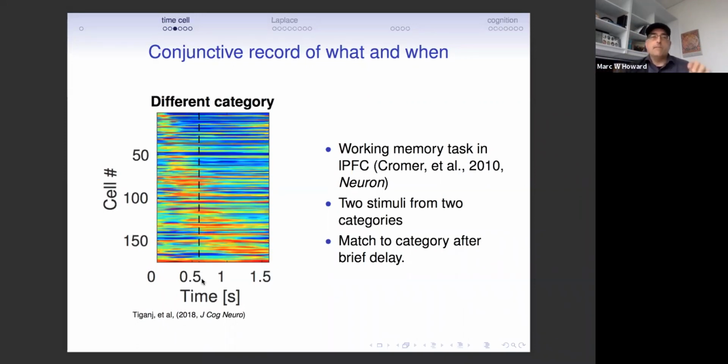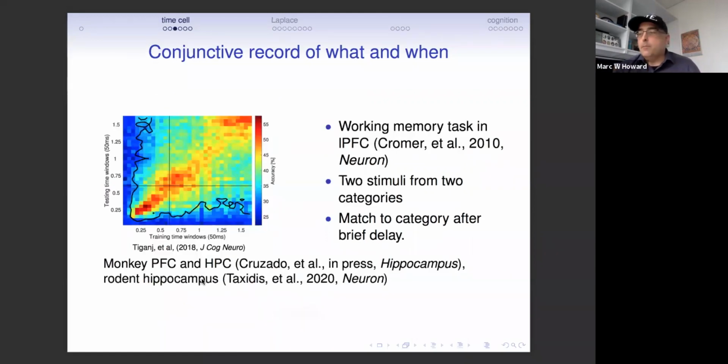So we can see that cells respond best to one particular type of stimulus, and their firing gives us information about identity within the category as well as across the different categories, such that we can look at firing during the delay interval and construct a decoder and decode well above chance whether this trial began with a cat or a dog or a car or a truck.